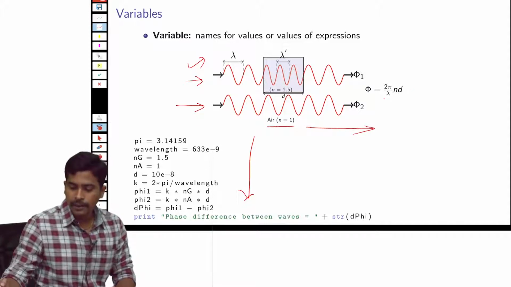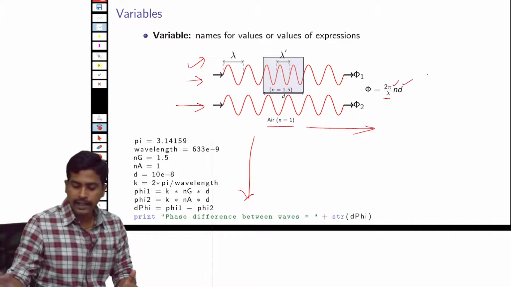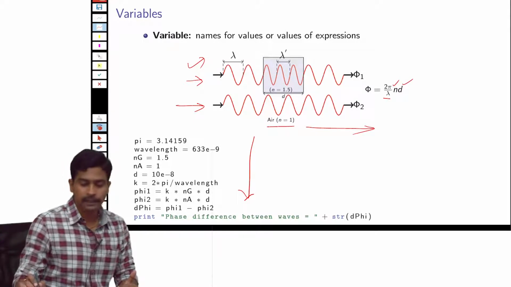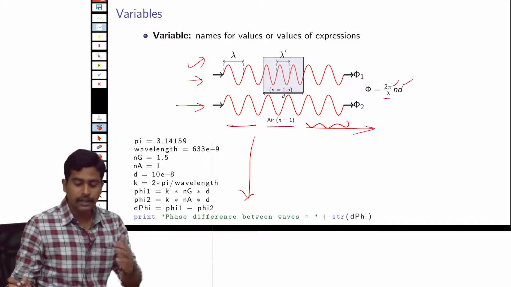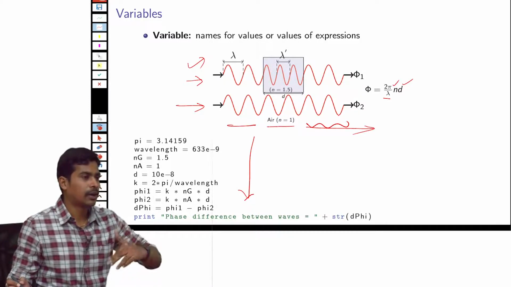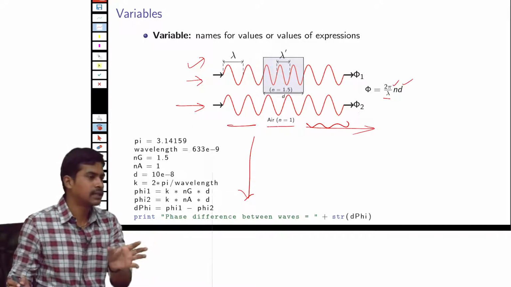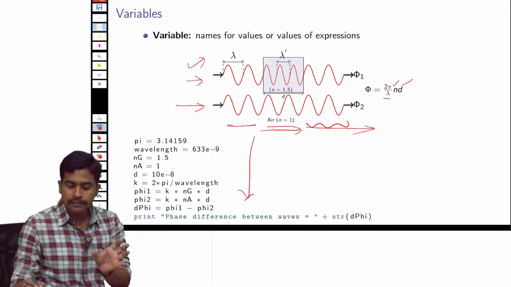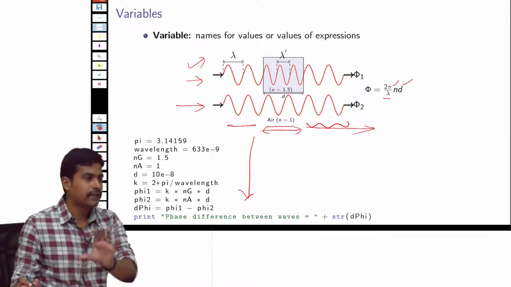So this is 2 pi by lambda, which is also called the wave number, n is the refractive index, and d is the thickness of this material. If you see in this region and in this region, there is no difference in phase between the upper and lower rays, the light waves, because they are traveling in air in those regions. But in this region, the upper one is going in glass and the lower one is going in air. So there is a phase difference.